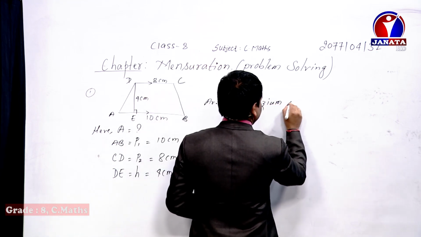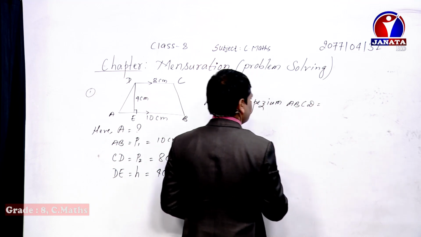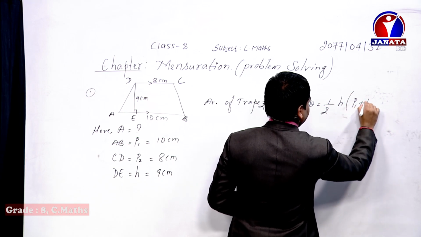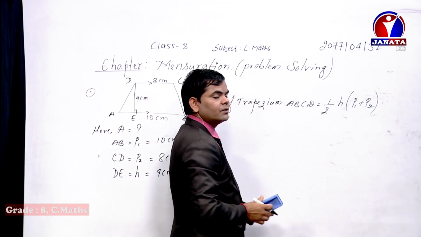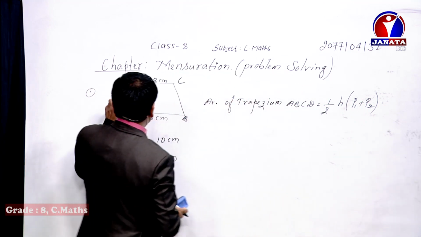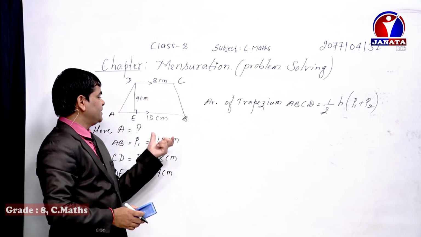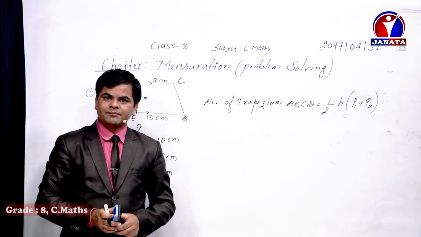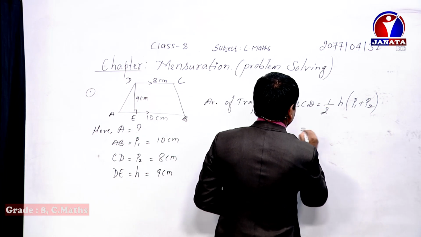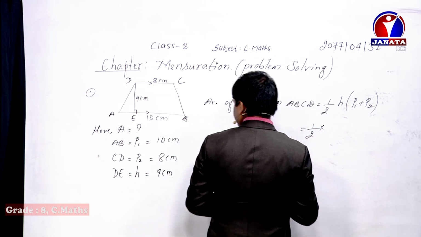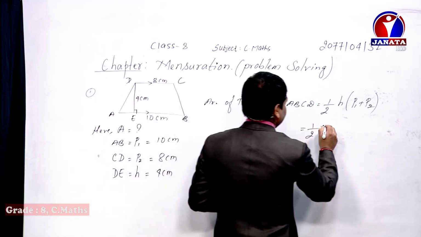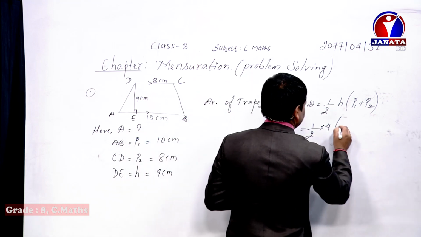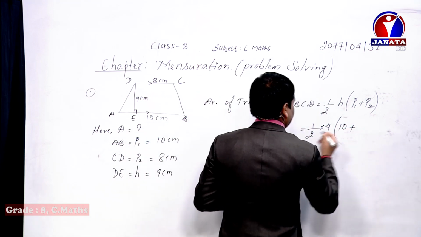What is the name of the trapezium? It is better to mention the name ABCD equals, what is the formula, 1 by 2 H bracket P1 plus P2. It means 1 by 2 into height of the trapezium, which is DE in here, and then P1 and P2 represent the parallel line first and parallel line second. You can suppose any one as P1 and P2. Now if we use the formula 1 by 2, what is the length of H? H is mentioned as 4 centimeter, so we keep here 4, and then P1, parallel line first, as per this one we have supposed as 10, and then P2 as 8.